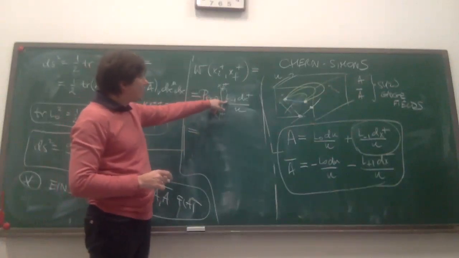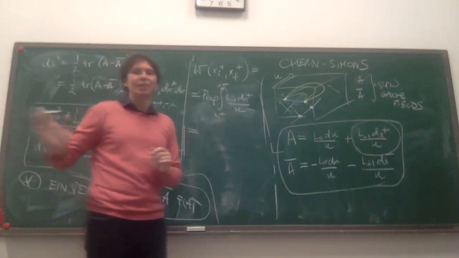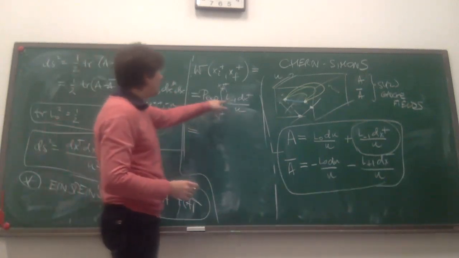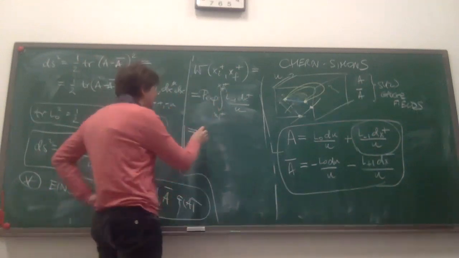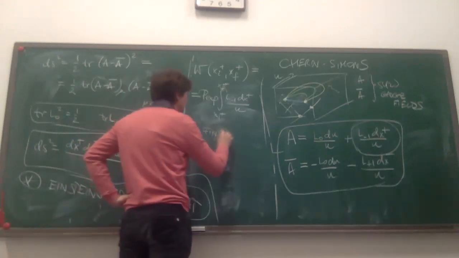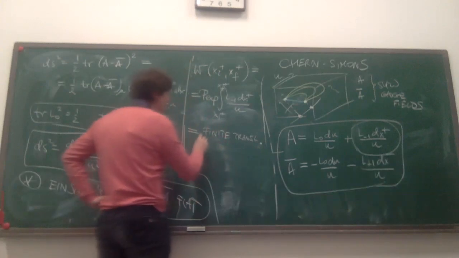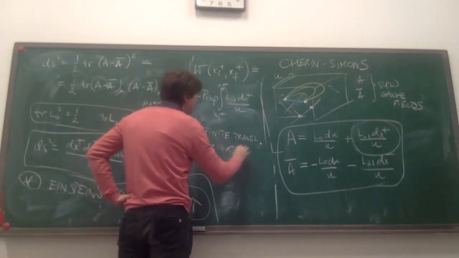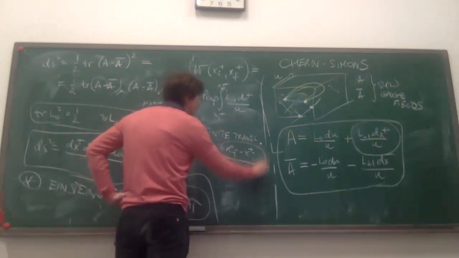So let's just say in words what this object is. L_minus1 is the generator of translations in the CFT. And when I exponentiate it, what I'm generating is a finite translation. And this is a finite translation by what amount? By the amount x plus final minus x plus initial, discounted by u.